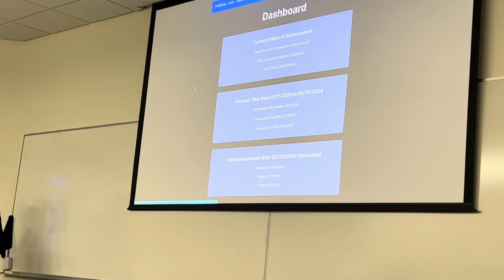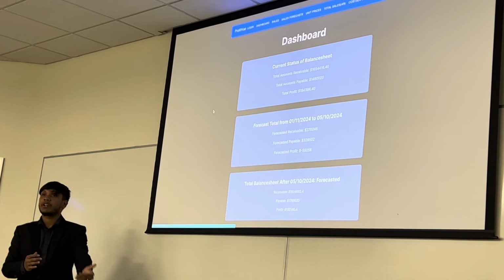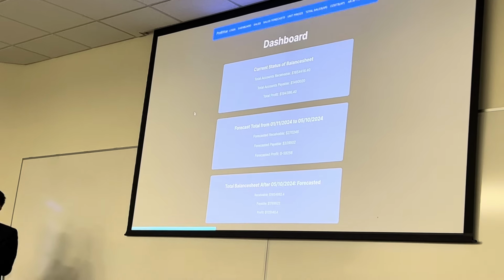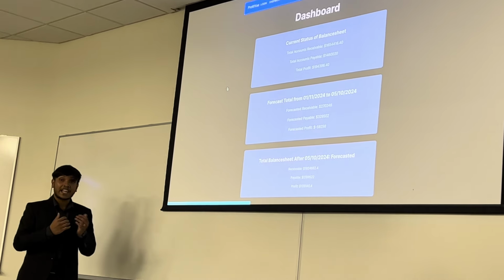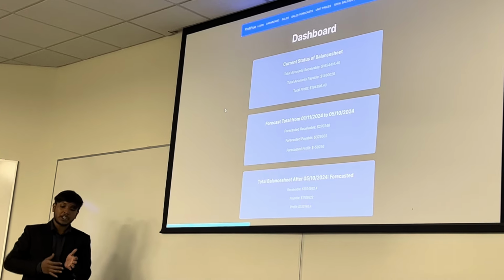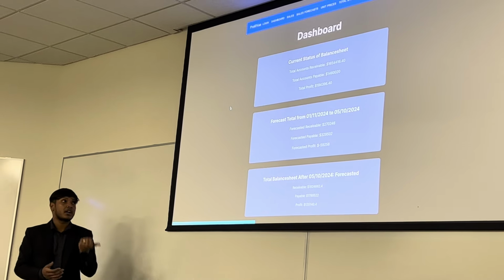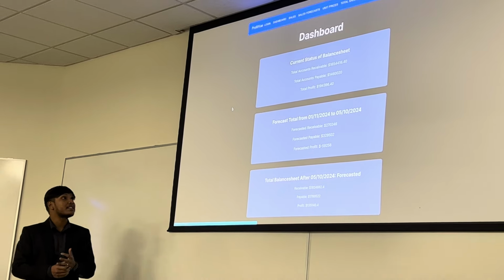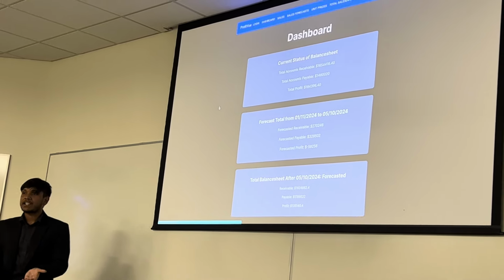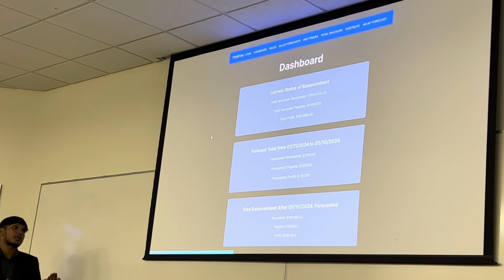And you can see the next box shows the forecast total from today's date to 4 months from now. Right now the forecasting is set up to give you an analysis of 4 months. It can be changed in the system, but at 4 months it's not trying to predict too much further, and it's trying to be more accurate, which I will also demo in the code review. It also tells you the forecasted receivable you can expect within the next 4 months, then the forecasted payable, the cost, and then the forecasted profit.